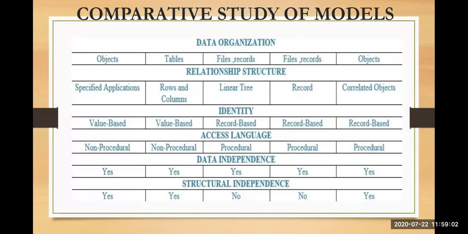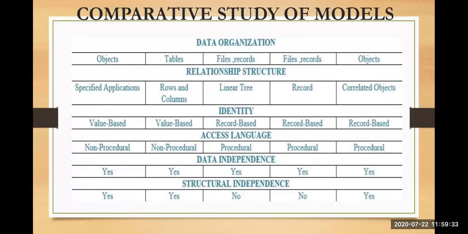When I talk about a relational model, the data will be stored in the form of rows and columns only, which is already described by Dr. E.F. Codd in his Codd's 12 rules. When I talk about the hierarchical model, your representation is in the form of a tree. You can see there is a root node, a parent structure, and a child structure. When I talk about the network model, the representation is in the form of records, in the form of graphs. You can see a graph-like structure.